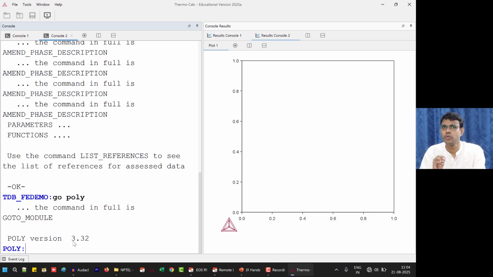Keeping that rule in mind, after the equal symbol there should be only numbers. How do we set the condition now? Two composition variables we have to set. Let's try that. Set condition P equals 1e5, N equals 1. These we don't generally change. Temperature, some value in the range we are looking for, T equals 1000. Then composition variables: since we are going to keep the nickel content on the x-axis, nickel is going to change. As nickel changes, iron and chromium decrease in equal ratio. That's the condition. So for nickel, we have to enter some number here. Use mole fraction, x of Ni.